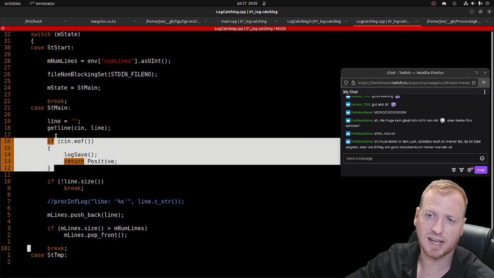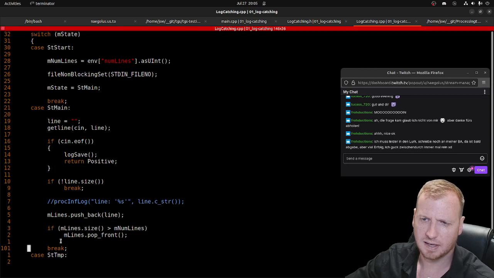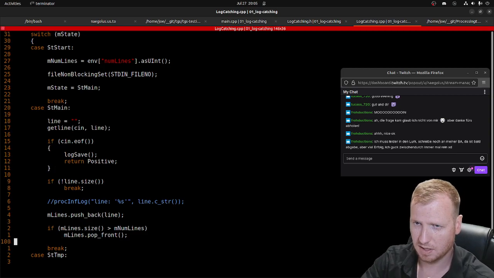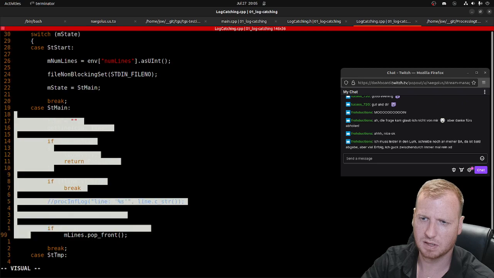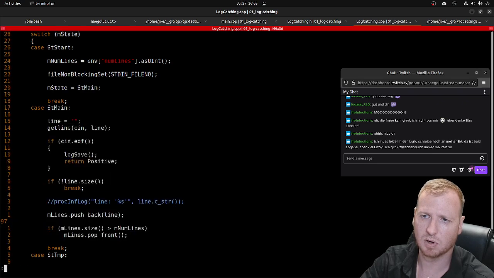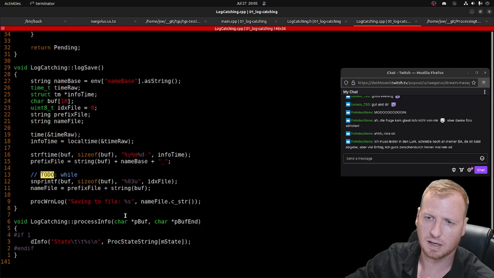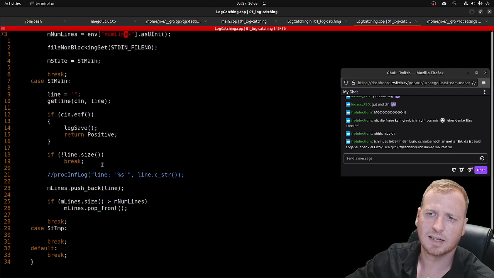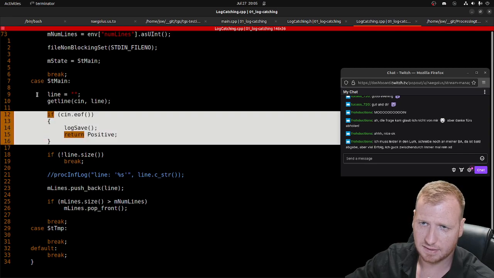Exception cases are always in a block area, and this is a block area, for example. So every state is a block area, like a function is a block area, and in each block we have